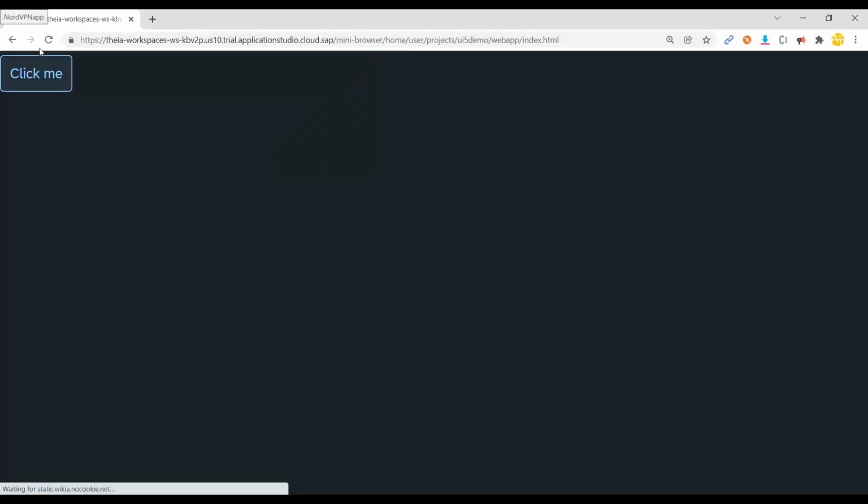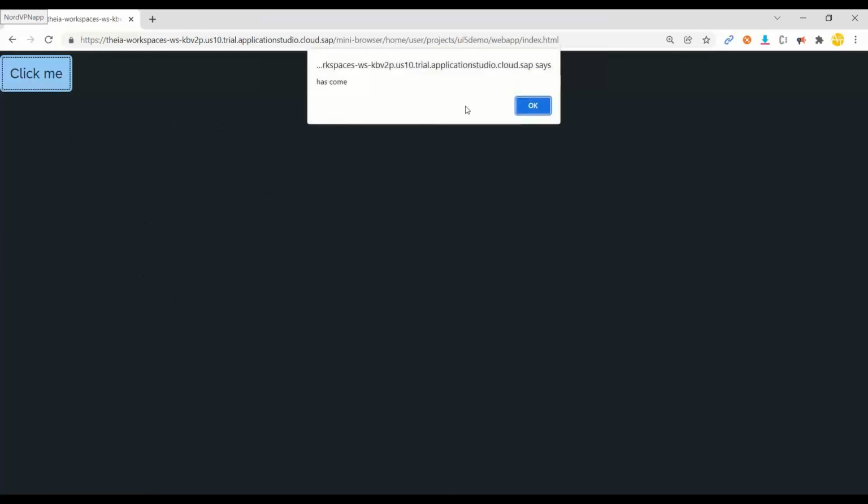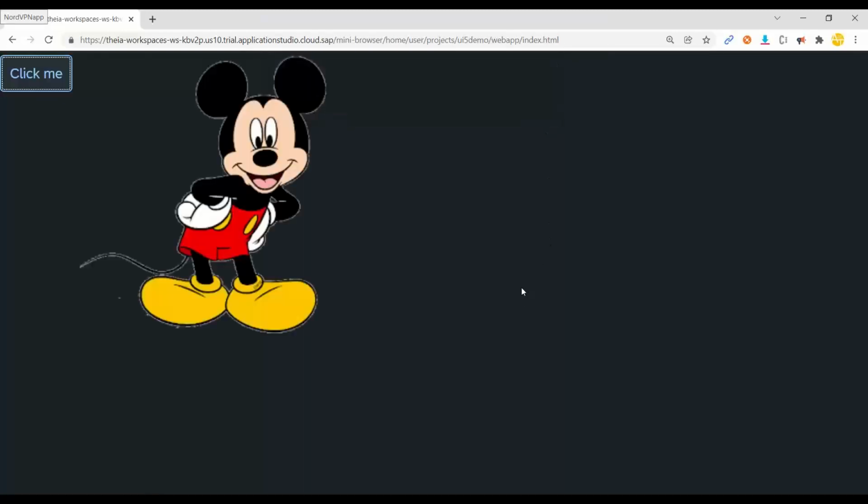All right, so it's time for Mickey Mouse. Let's go ahead and check. We will refresh, and right now the image is not visible. I click, and there you go. You can see Mickey Mouse is out there. So this is how exactly we can proceed with a very simple one-page application by utilizing model,